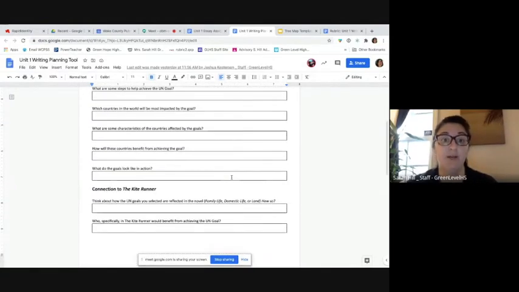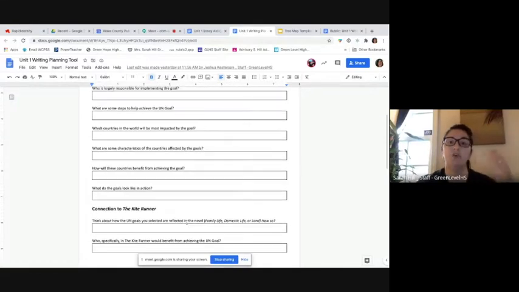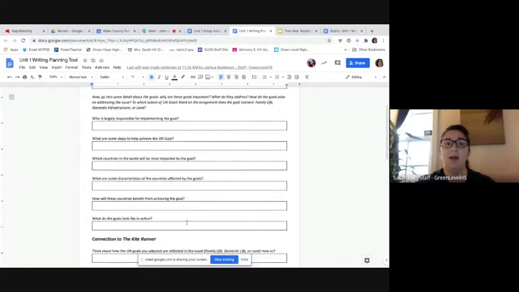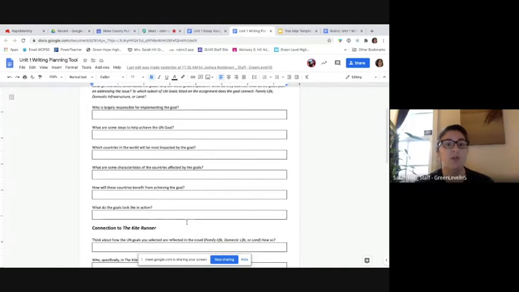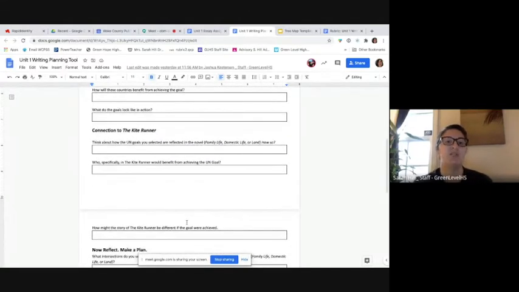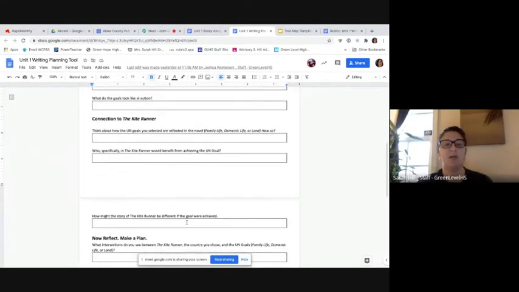But you do want to attempt to answer as many as you can, because this is going to help you wrap your head around not only what your goal is as far as the UN goal goes, but it's also going to help you see the connections between The Kite Runner and the UN goal. Of course, you're going to want to put The Kite Runner information into this essay as well.